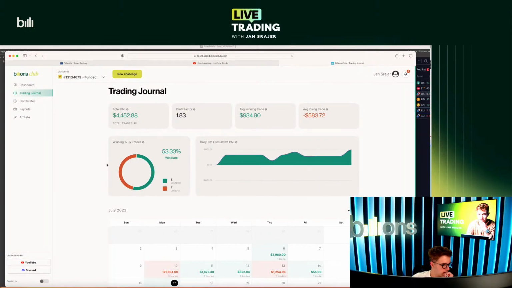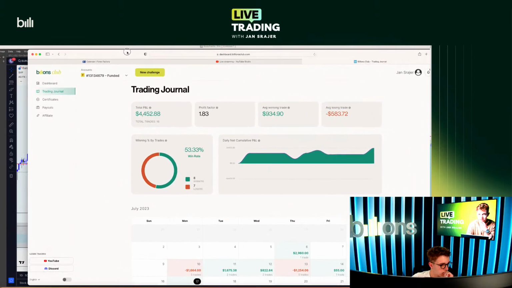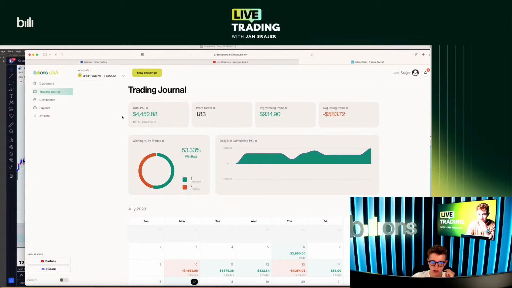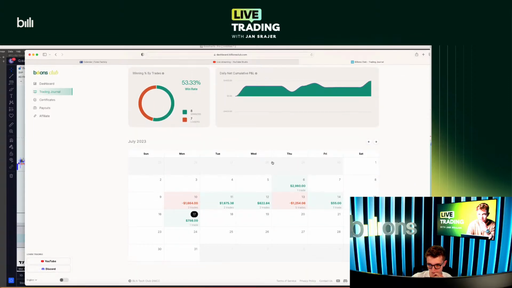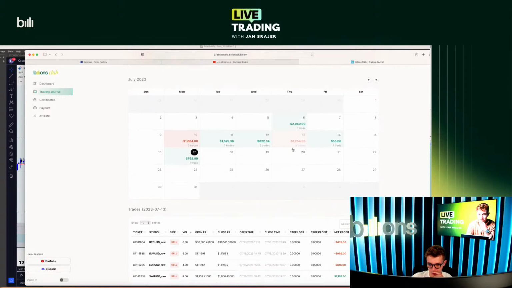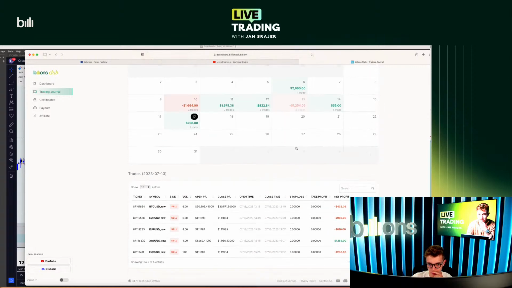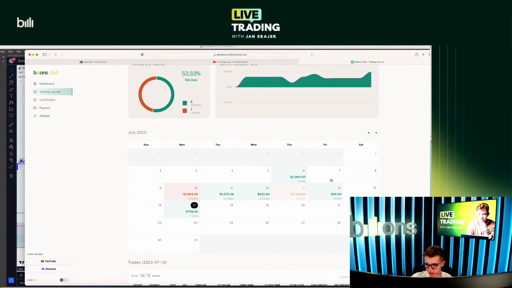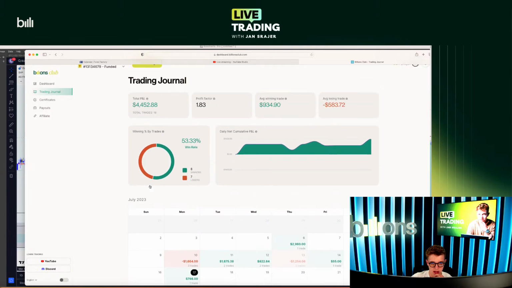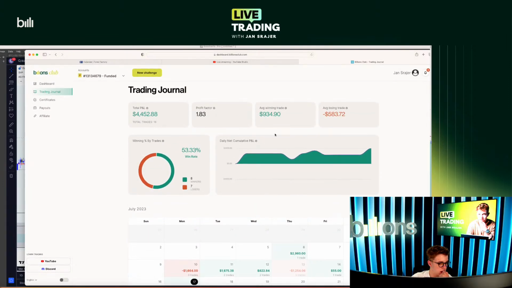This is the journal. You'll be able to see all of this. This is my account now. So right now we are around 4K in profit on this one. 1.8 is the profit factor. I started this account basically 2 weeks ago, with a pretty good trade, 2K in profit. Previous week wasn't perfect. This was the trade that I was talking about on EU on Friday, and this is the one trade that we took today, and we obviously still have one that's still running.